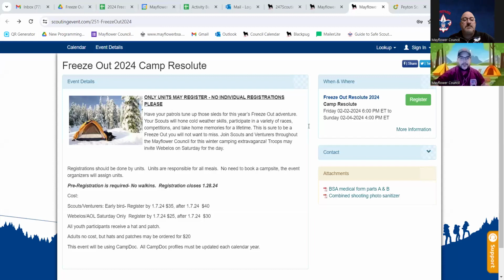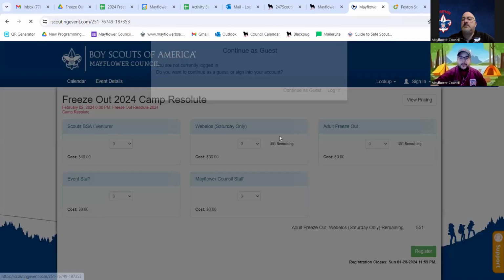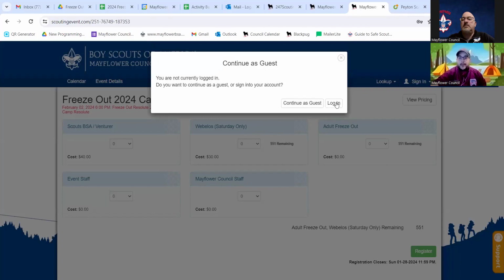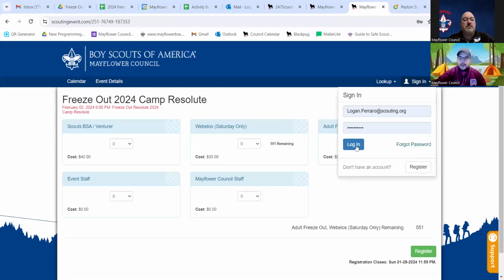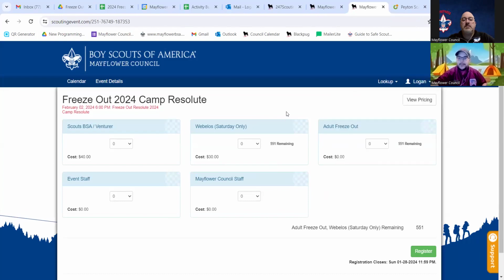So as you can see on the screen here, we are set up as if we were registering for the freeze out at Camp Resolute this year, coming up in a couple of weeks. Make sure you get your registrations in. We go up to the right-hand side here and click the register button. The important part here is make sure you log in because this will save your registrations and your information. I'm going to log in under my account because that's what my computer knows. And then you can set up doing